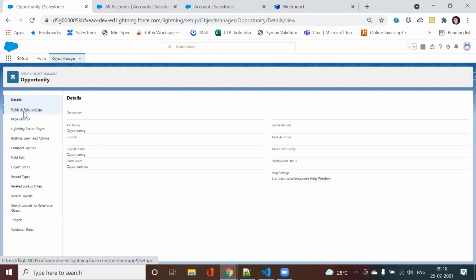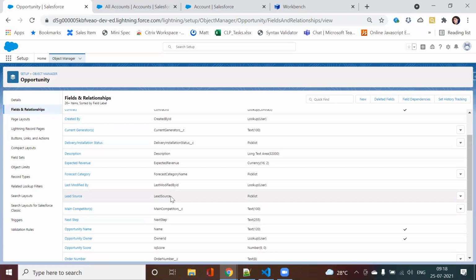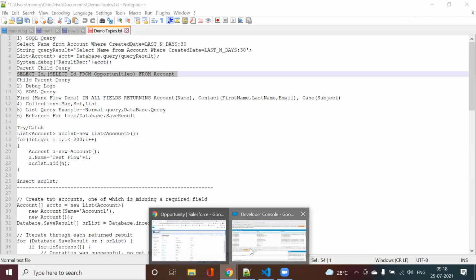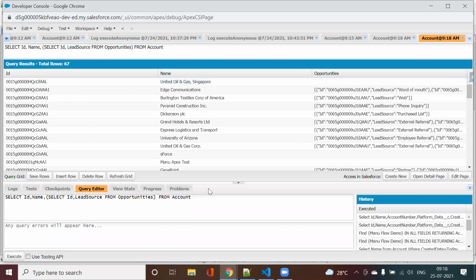If you see, there are some other fields also there. Maybe I can try this lead source. Yeah, so this is how it works.